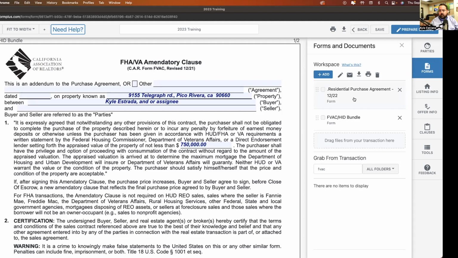Okay, so to understand it, if in any event the buyer has to go above the listed price, the number here should be the listed price or the offer price to protect the buyer. It depends on your buyer. If your buyer has the money, then it's your offer price. I mean, it's the listed price. If your buyer doesn't have the money to pay the difference, then it should be the offer price.